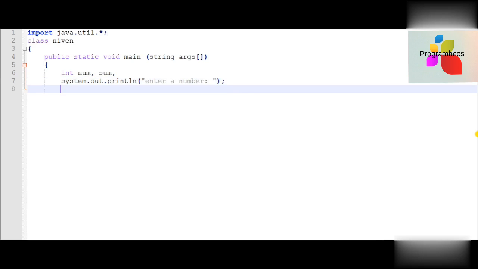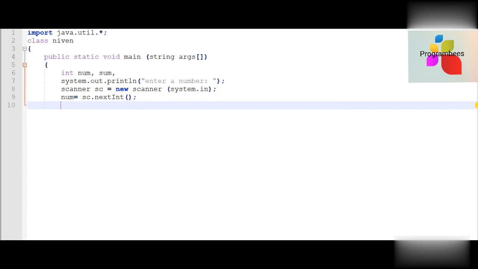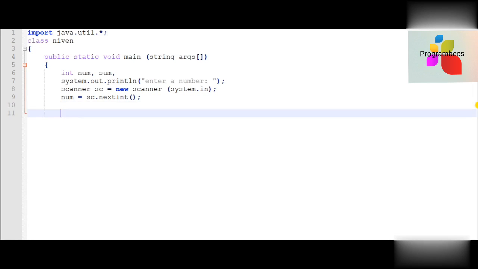For taking this number, we need to generate an object. So for generating the object, we need to declare the Scanner class. How? Scanner sc equals new Scanner(System.in). So the Scanner class generates the object sc with the help of the new operator, with the input of the system. Now we have to give the space for it, so num equals sc.nextInt(). So with the help of the dot operator and the object, we are generating the space for the user for the input. Now after giving the space, I am using a do while loop for the calculation.